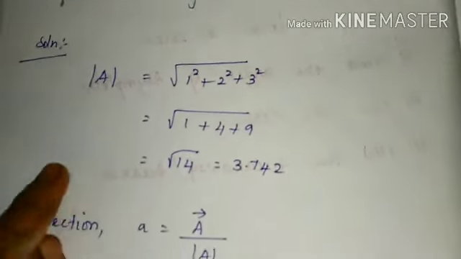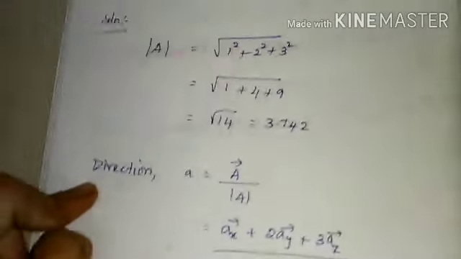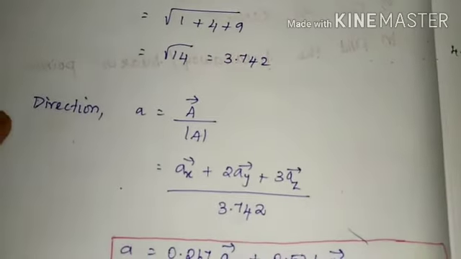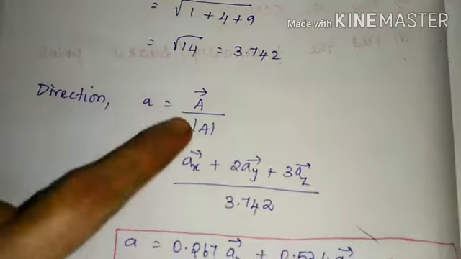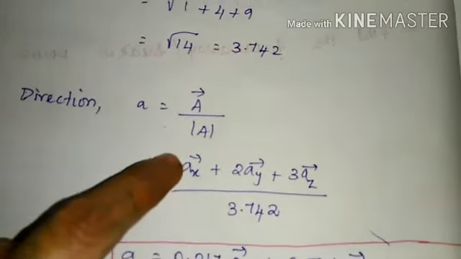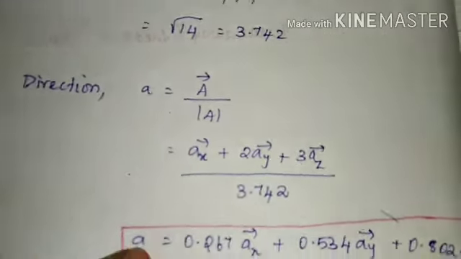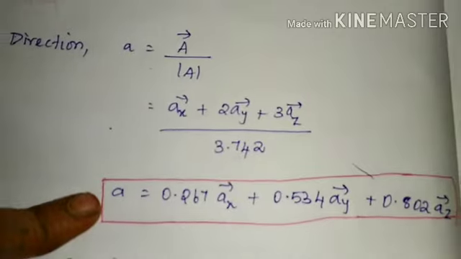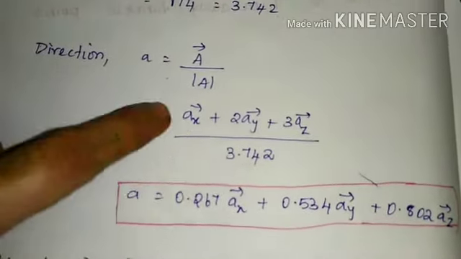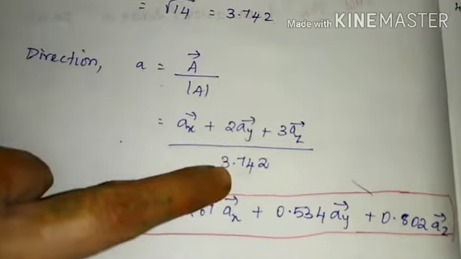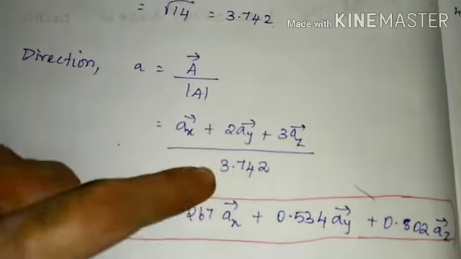Right? Okay, now we will find the direction. See, this is the formula for finding the direction of any vector. So direction, in the sense, is the given vector divided by its magnitude. So the given vector by its magnitude. So this is said to be the direction of a vector. See, you can assume the value, that is 1 by 3.74, 2 by 3.74, 3 by 3.74.